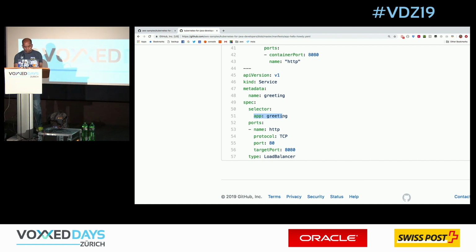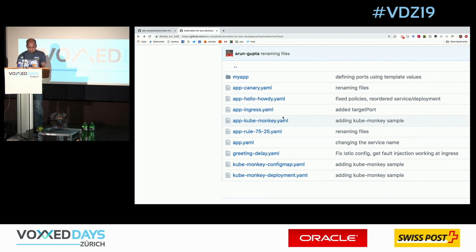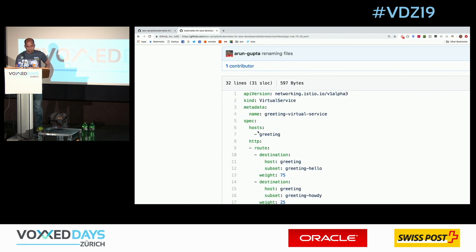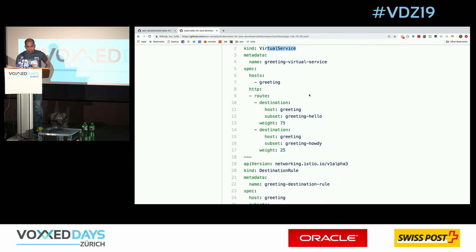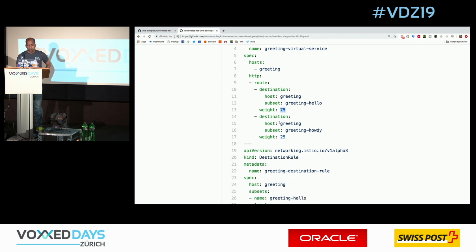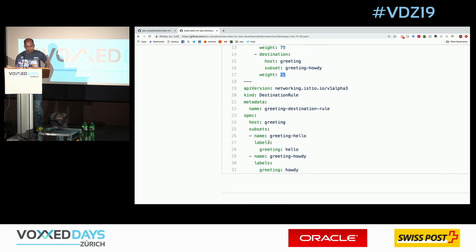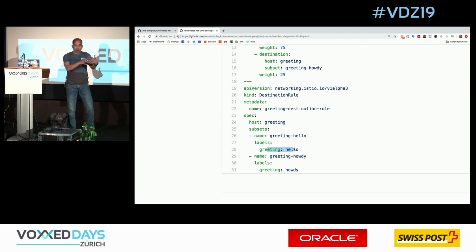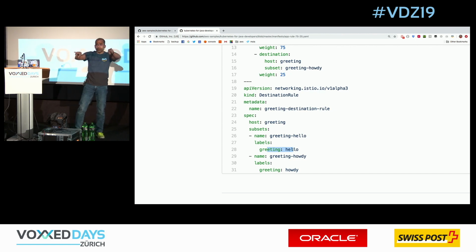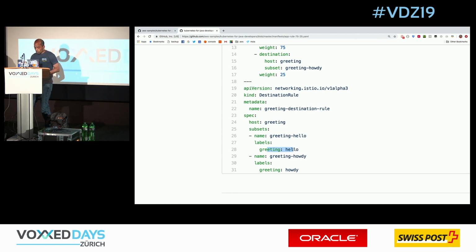Because you have Istio enabled in your cluster, you need to create additional resources. For example, in this case, I can create an app rule, and these are basically Istio resources. So I'm creating a virtual service here. In the virtual service, I have two destinations. One is greeting: hello and one is greeting: howdy. And in this case, I'm saying 75% of the traffic goes to hello, 25% goes to howdy. And if I go down here, how do I define those subsets? Using the remaining labels on the pod. So the service picks up both of them, but on top of that, I define a virtual service which splits up the traffic 75%, 25%. So I can be a lot more granular in terms of what Istio allows me to do.